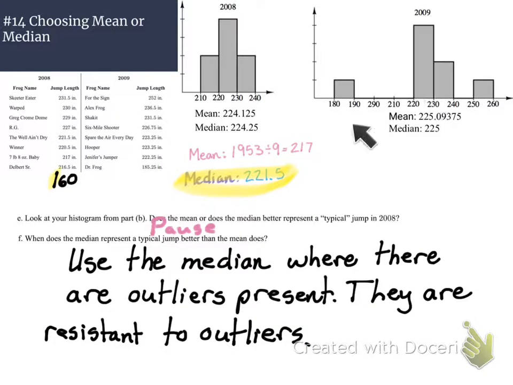2009 does have two outliers, but the interesting thing about these two outliers is that they kind of balance each other out. It has a very high outlier, and then it also has a pretty low outlier. And that low and that high kind of balance each other out so that it ends up kind of in the middle. That's why you get a mean and a median that are really close to the same thing.